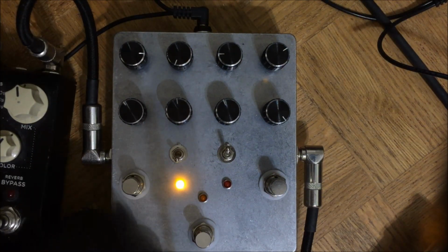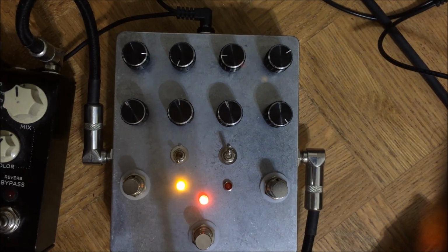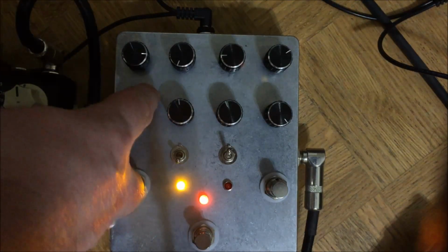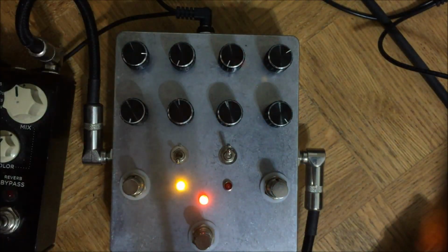As you can hear, it's definitely louder than when the pedal's off. And although I definitely don't expect someone to buy this pedal just for this, it is cool to have. If you turn the dry all the way down, or the blend control, sorry, and then put the delay to 0 so that the effect is pretty much not there,